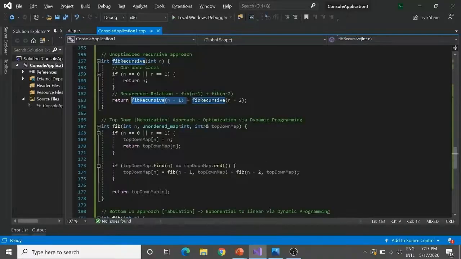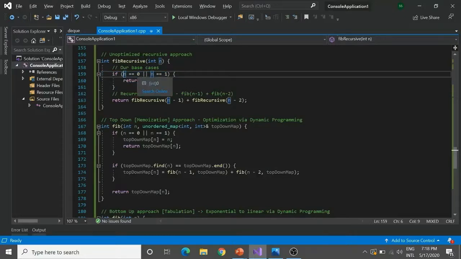As soon as I reach 1 and 0, I need to have some base case. And why are we having this base case? To stop infinite recursion, or else we cannot stop it. We need to have some kind of base case, or else it will lead to infinite recursion, and in the end it would give a segmentation fault whenever we go out of stack in our process. So what do we see over here? These are our base cases. n equals 0 or n equals 1.